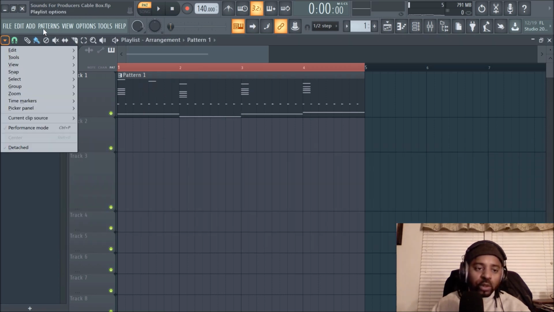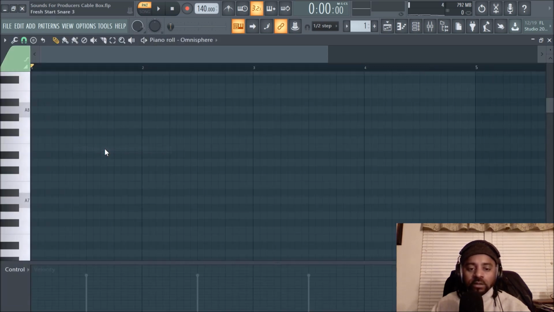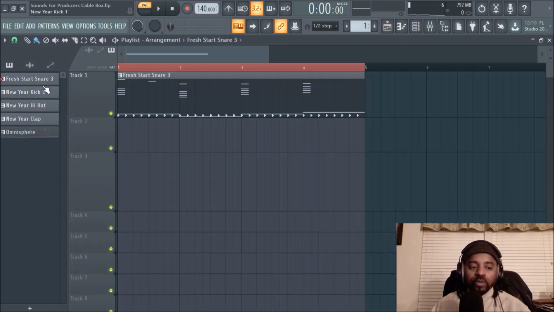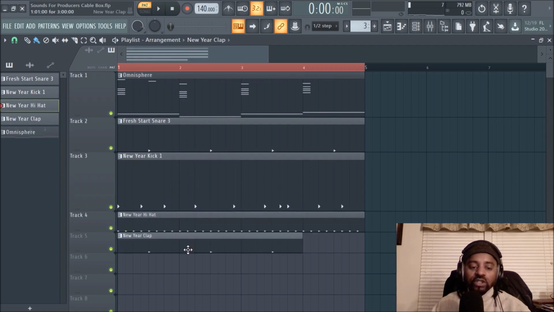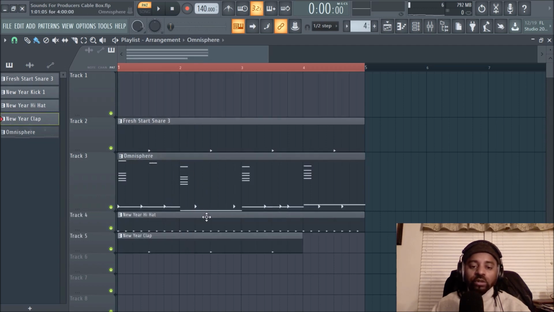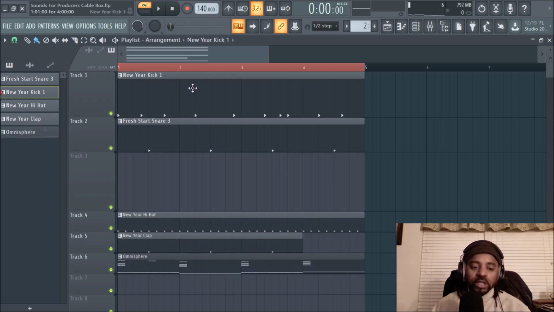And what you want to do, go to patterns and go to split by channel. Right here, select that, and it does this little dance sometimes. And notice there's multiple patterns here, so you can move the patterns based on whatever order that you want. So every sound that you just used is on its own pattern. So I usually like to keep what I started with, so I'm gonna put the kick at the top,